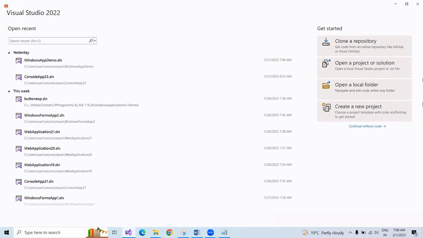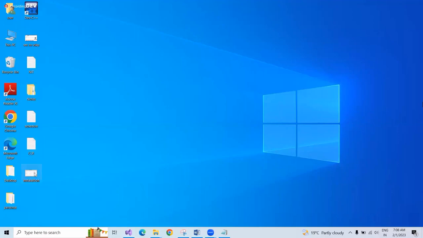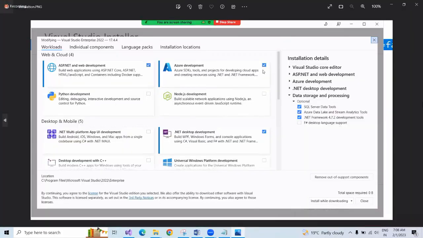I will wait for 2 more minutes. Meanwhile, if people do that, after that, you will get that page. Which page? This one. Okay. So then you need to select this checkbox, this checkbox, this checkbox, and the down checkbox. And after that, click on install while downloading. After half an hour or 20 minutes, it will automatically download. Download will complete automatically. So this is one thing.